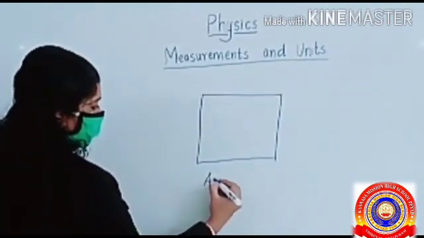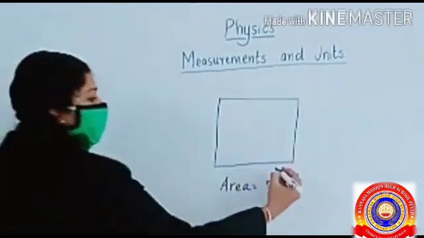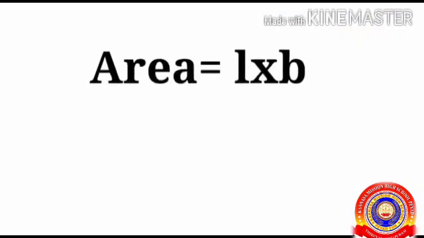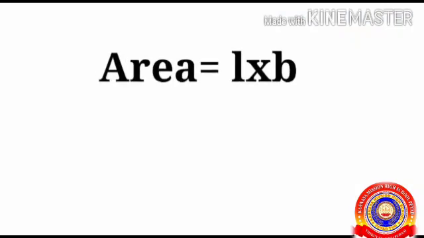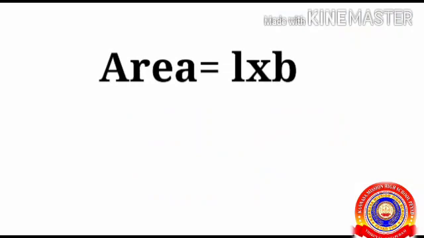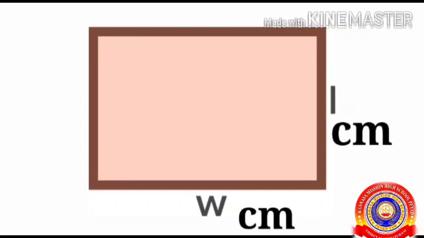Yes, definitely you can. If the length of this figure is 5 cm and breadth is 3 cm, then area equals length into breadth. That is 5 cm into 3 cm, 15 cm square. I think you won't get confused when I write the unit of area in centimeter square, because area is a derived quantity and it is obtained by multiplying centimeter into centimeter. So, centimeter square.